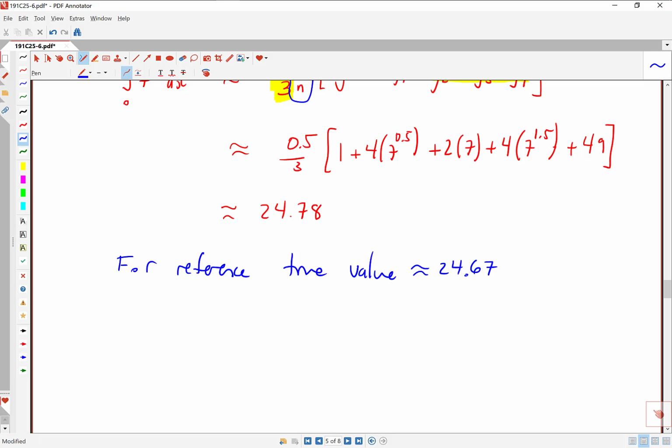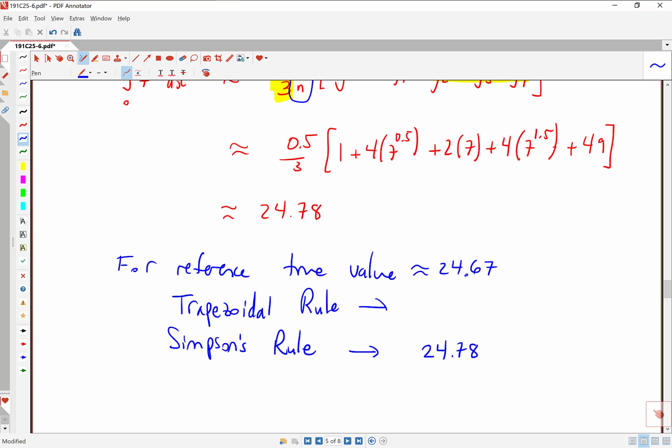So let's compare, what did the trapezoidal rule give us? What did Simpson's rule give us? And which one do we suspect might perform better in general? So Simpson's rule, which we just used, led us to an approximate value of 24.78. And the trapezoidal rule, if we look back on our work from a minute ago, 26.58. So we approximated exactly the same integral. We used exactly the same number of intervals for both, and yet Simpson's rule came out to a much better